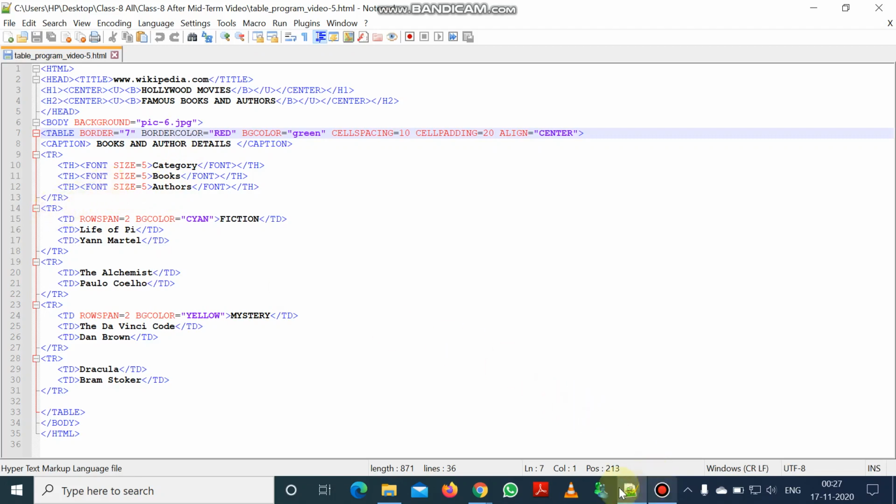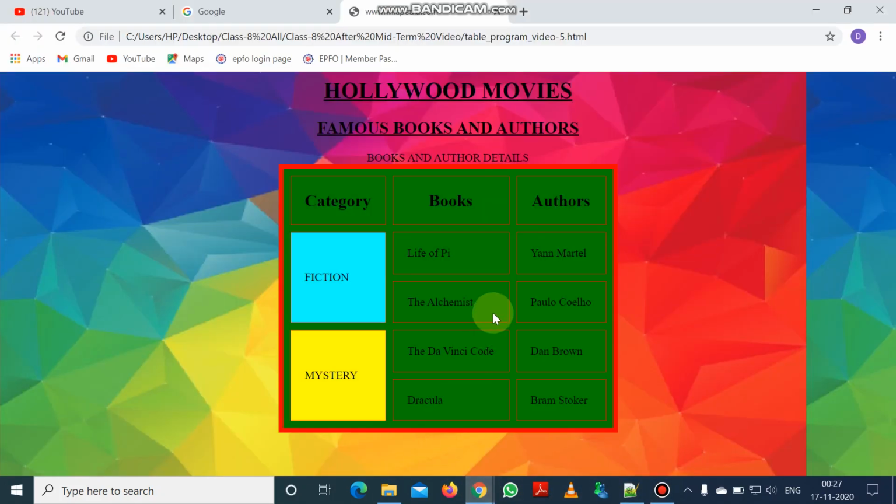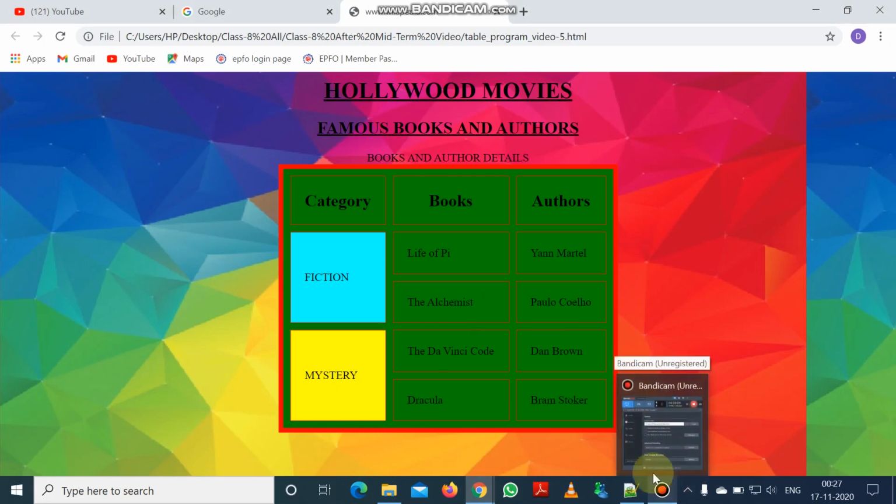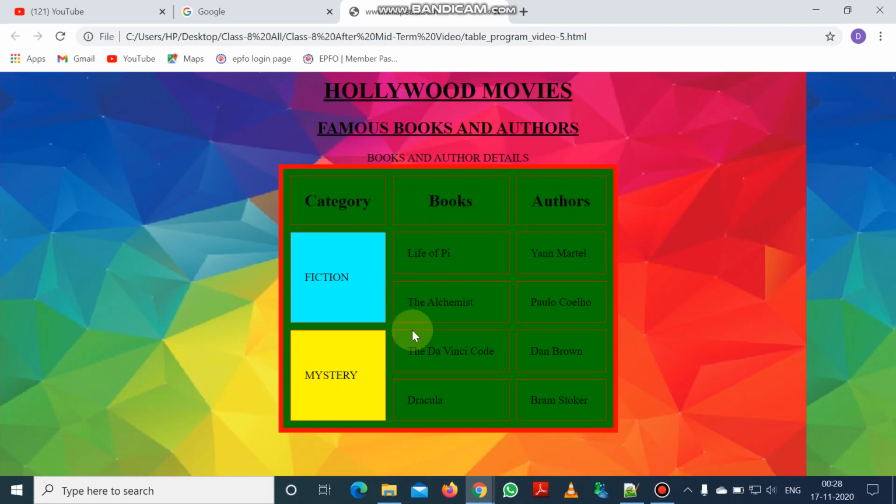And now you can see the table. If you see the table, you can see that the table has the first row containing the heading, and you can see the heading size is bigger than the other content of the table, and these headings are given with the help of the th tag and font tag. The font tag mentions the size of the word of the heading.